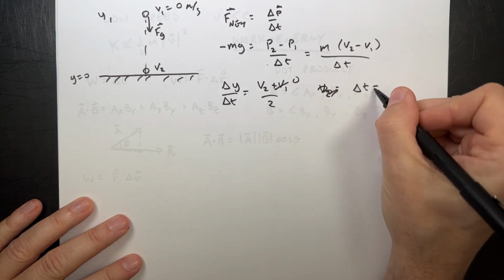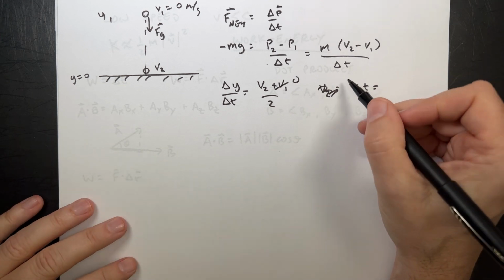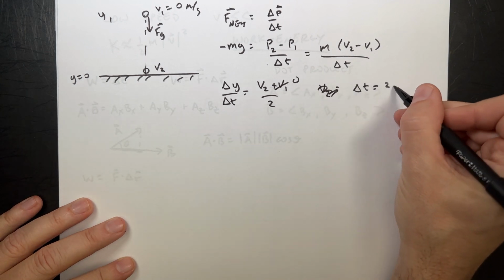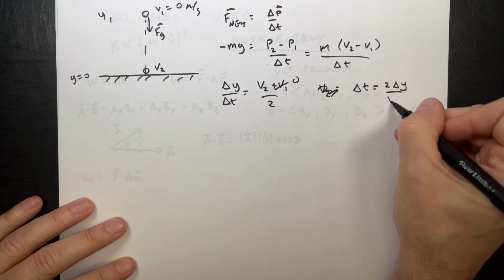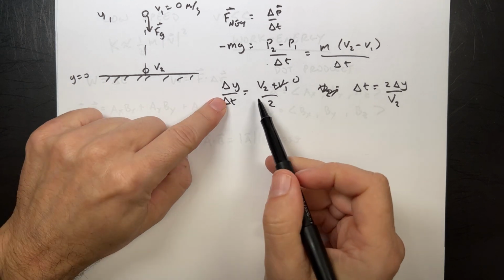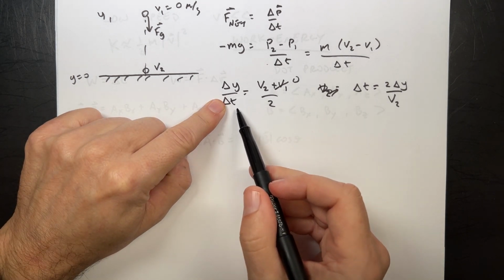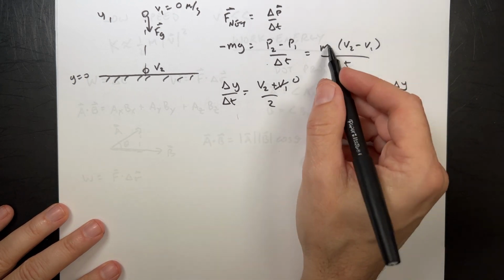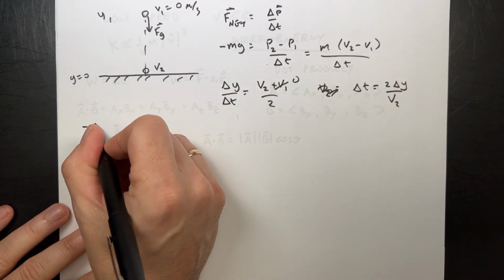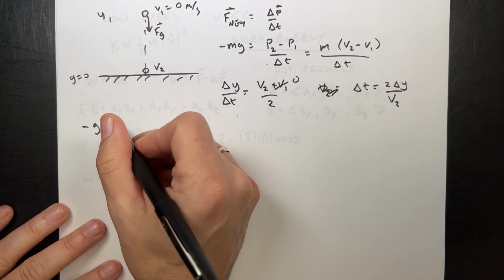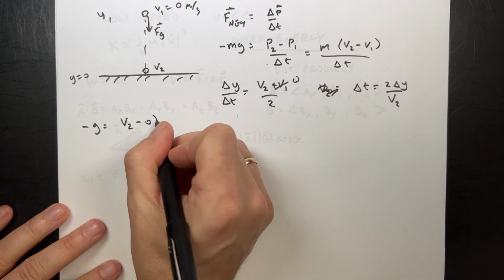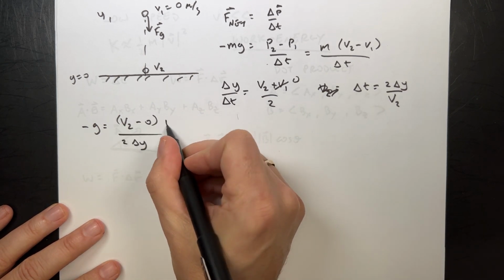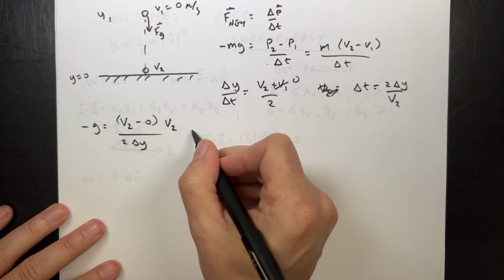So delta t, I really want delta t. Delta t is going to be equal to, if I just solve this, 2 delta y over v2, right? So if I multiply both sides by delta t and divide by v2, I get that. Now I can put that in over here, and these masses cancel. I get negative g equals v2 minus 0, v1 was 0, divided by this, 2 delta y over v2, I got the v2 up top, so I get